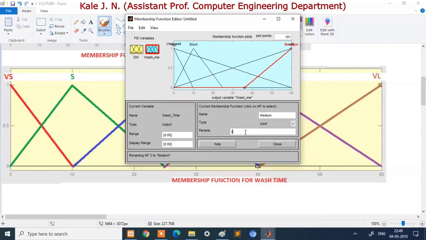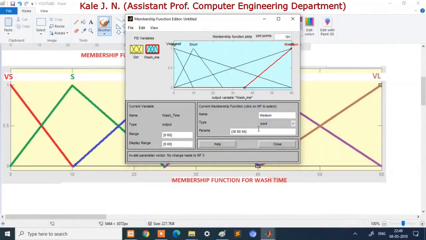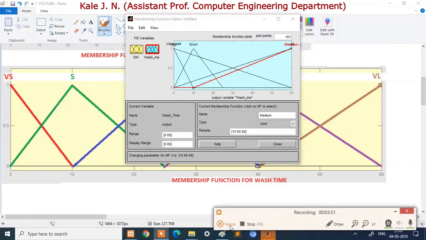So the x coordinate of the first point is 10, then the x coordinate of the next point is 25, and the x coordinate of the third point is 40. So this is our third membership function, that is medium.